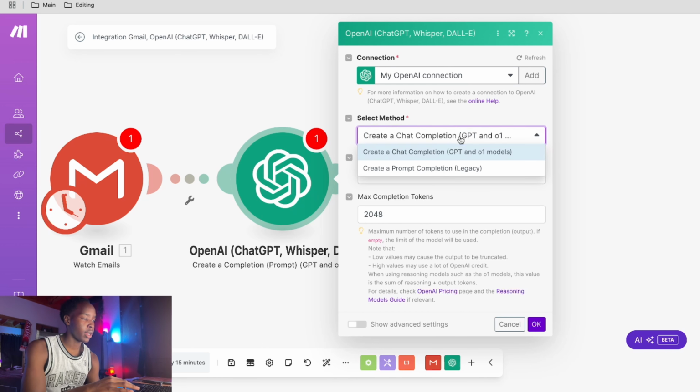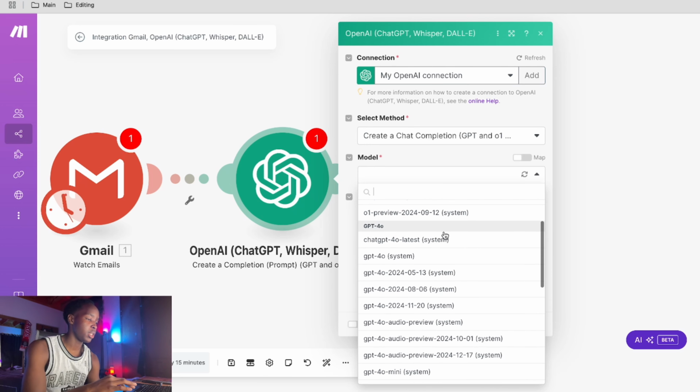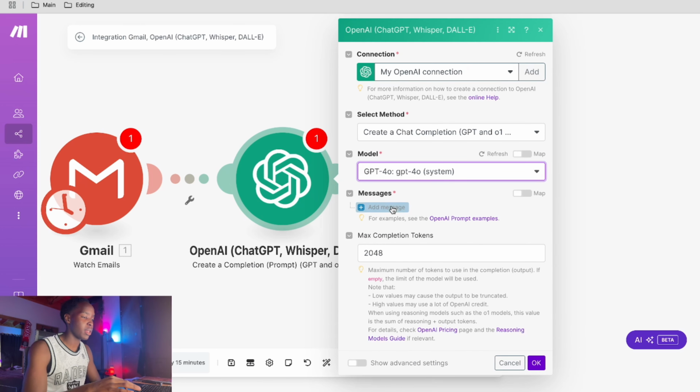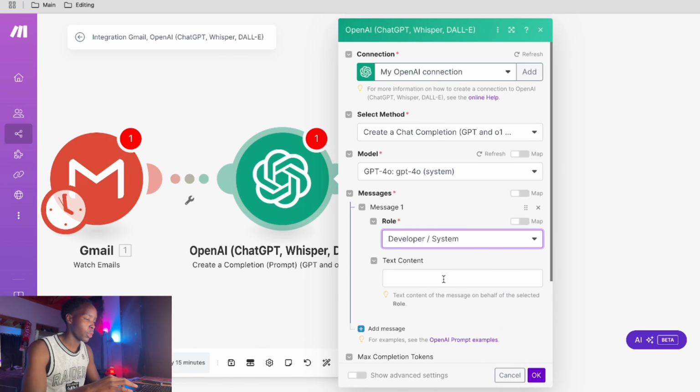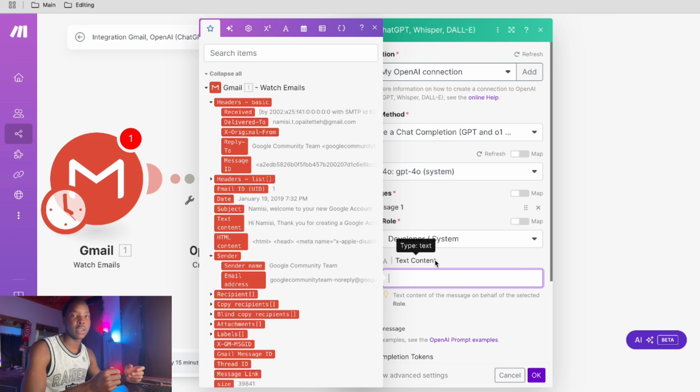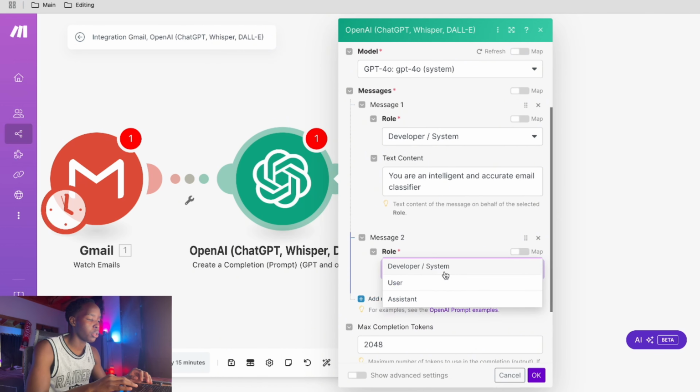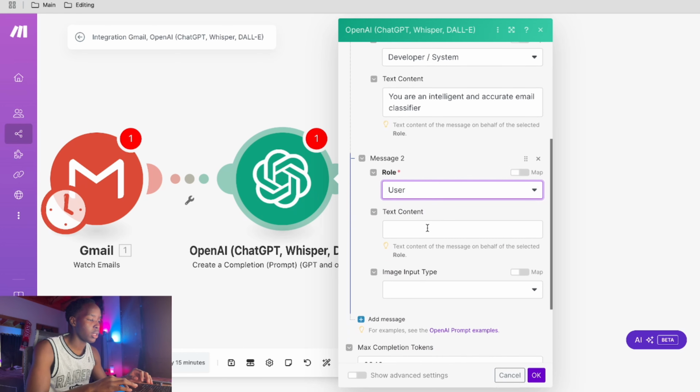So what we're going to do is just create a chat completion over here, make sure that's selected. The model, we're going to use GPT-4. System, I'm going to add messages. Basically the messages are like the prompt that you might use in ChatGPT, for example. So we're going to click developer/system, and we're going to give it instructions, basically telling it that it's an AI classifier. So we're going to say it's a very intelligent and accurate email classifier. So now what we're going to do is have a user over here, and the text content, we're just going